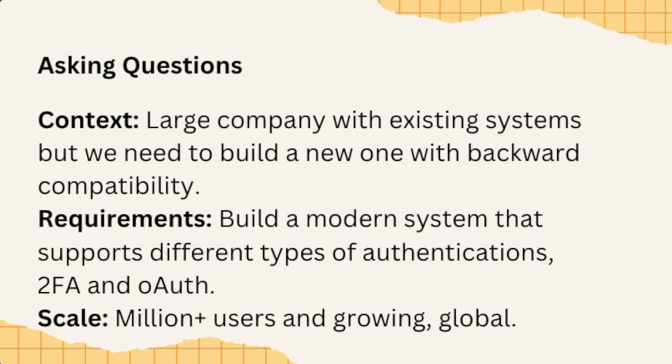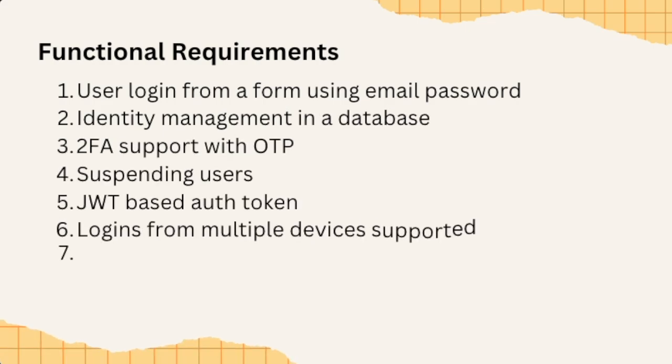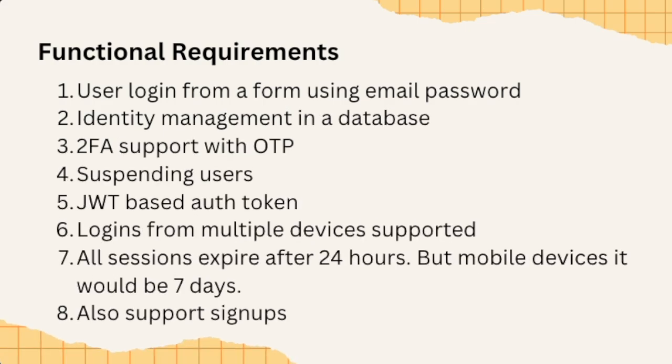Once you are done asking questions, the next step is to actually enumerate the functional requirements. Again, it might seem very obvious and basic, but you still need to do it. Don't treat anything as too obvious. Just write it down, because the interviewer might sometimes think that you don't know some basic thing which you thought was obvious. So in these requirements, the user is going to log in from a form on a web page,